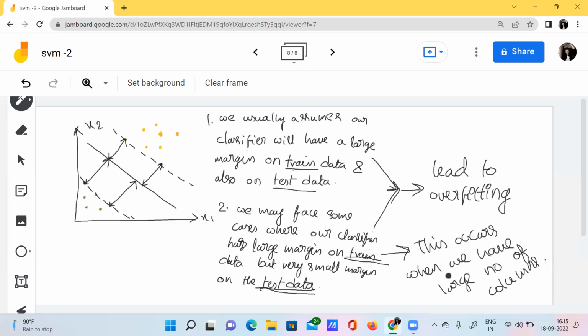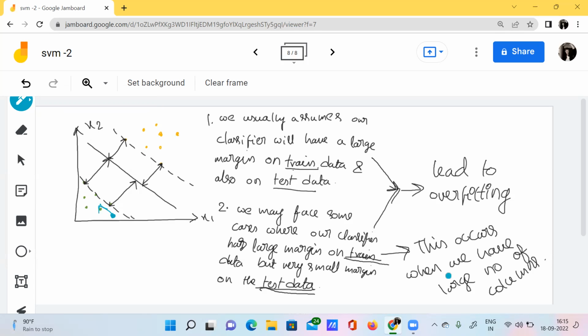And I have already shown you, when we have some new test data here, how do you classify it? It is lying left of the margin plane, so it belongs to this category.